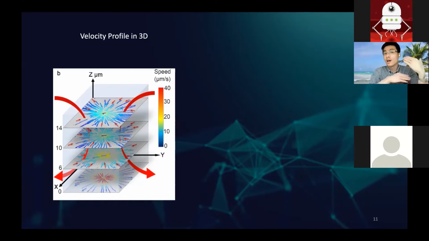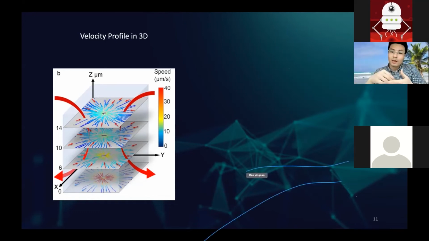At the same time, we observe that when the SPS particles are approaching the zinc oxide rod, their speed is increasing, and when they are leaving the zinc oxide rod, their speed is decreasing. So this 3D velocity profile also shows the separation distance